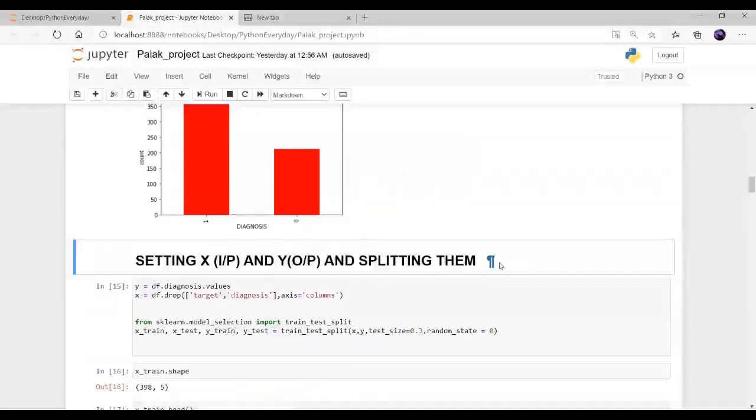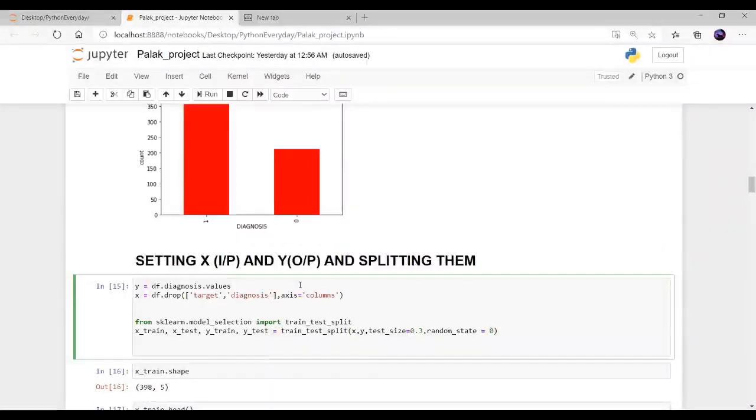Again, here I set up the independent and dependent variables, and I split them using train test split. In my Y, that is my output, I have given the diagnosis value, that is 0 and 1, and from X, I have dropped two columns; the rest of the columns are my X, that is mean texture, mean radius, mean perimeter, smoothness, etc. So here I have split at the ratio of 70 and 30 percent with a test size of 0.3,